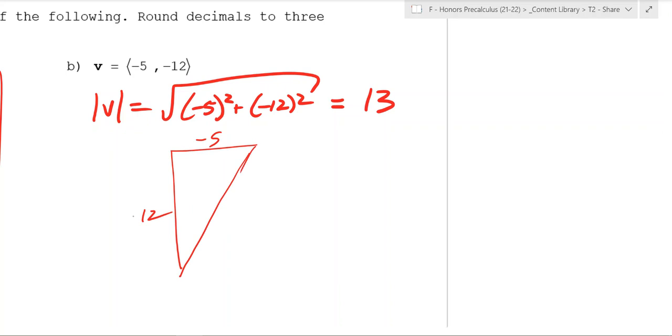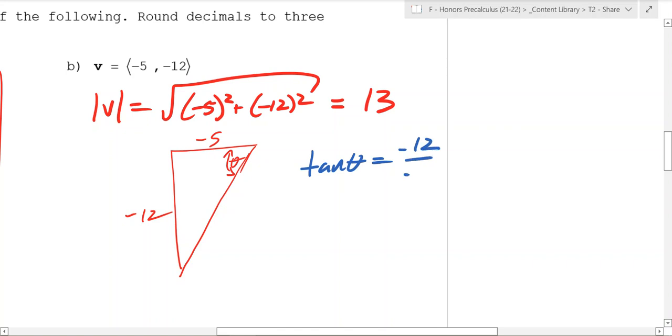So if you go back 5 and down 12, you could try to find this angle right here, if you wanted to. And the tangent of that angle is going to be negative 12 over negative 5. So this is another way. You could do it the other method, but this is just a second way. So theta is equal to tan inverse of negative 12 over negative 5, and you end up with